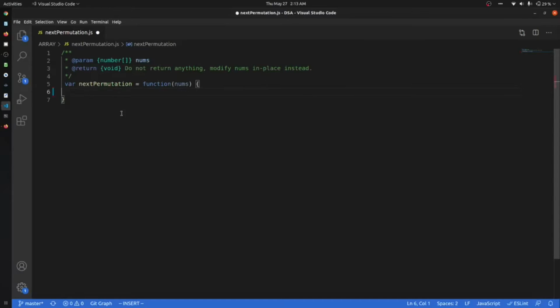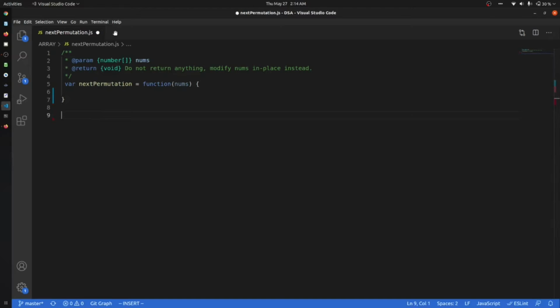In this video we are going to talk about a question that you have seen on LeetCode, GeeksforGeeks, and other coding websites, that is the next permutation. The question says that you will be given a number. Let's say they have given you 1, 2, 3, and you have to print the next permutation, that is 1, 3, 2. You have to just find the next permutation of the number.